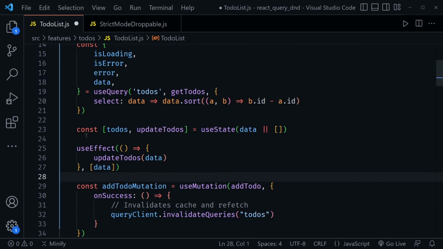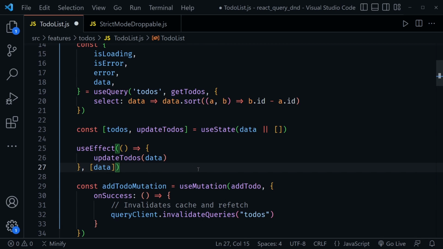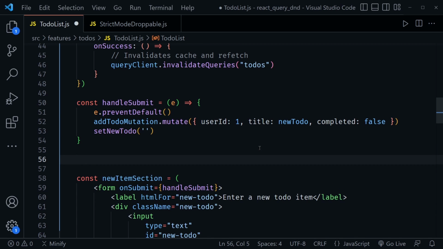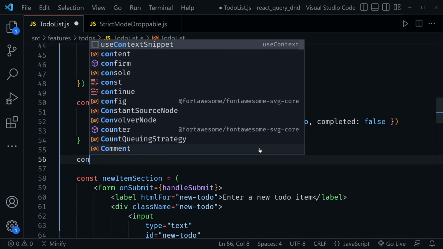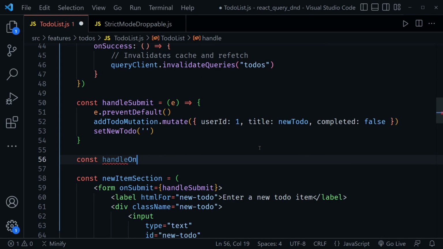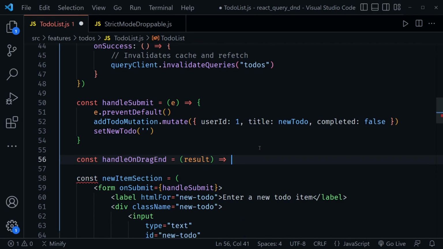And now that we have our intermediate state declared here with to-dos from the data, and anytime the data changes, we update the to-dos, we can now create a handleOnDragEnd function. And I'm going to scroll down and put it underneath the handleSubmit function, and we'll use this with our DragDropContext, and you'll see how it applies. So we'll say const handleOnDragEnd, set this equal to a function that receives a result. And this is with